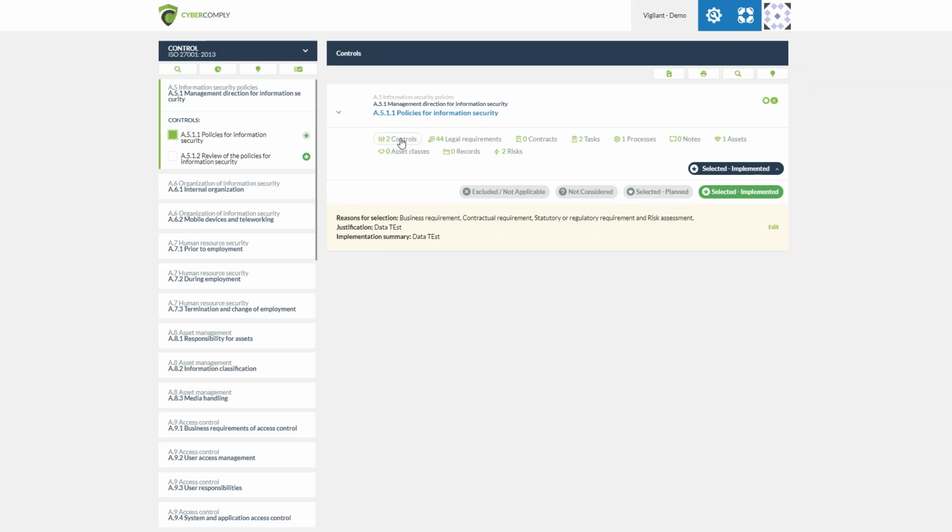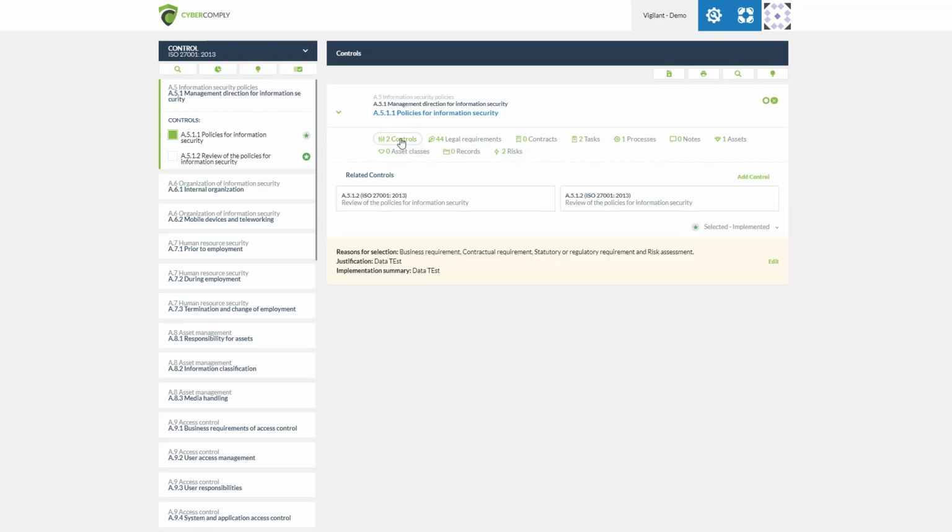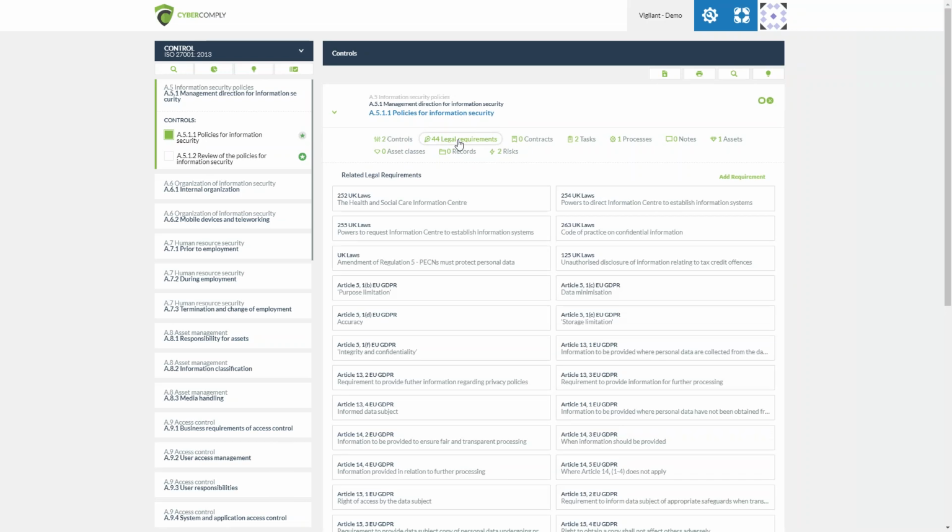What you'll also be able to see at the top here is some extra work that our subject matter experts have done, both from Vigilant Software and from our partner company, IT Governance. Here, we're able to see all related controls across the same framework and other frameworks. So we can see here that 5.1.2 is going to be a related control to 5.1.1. We spoke about earlier briefly